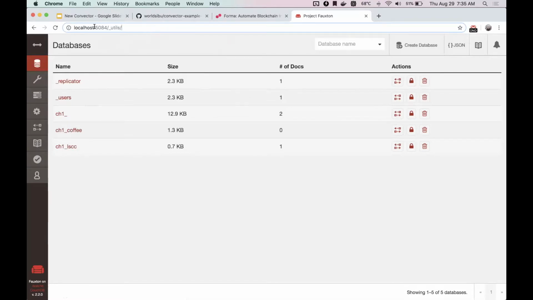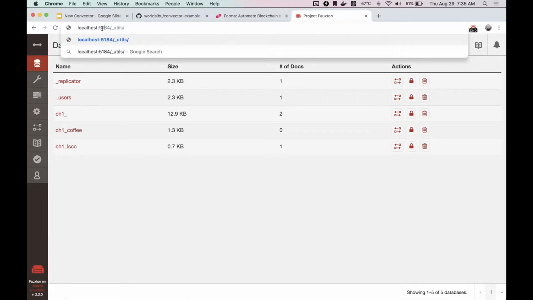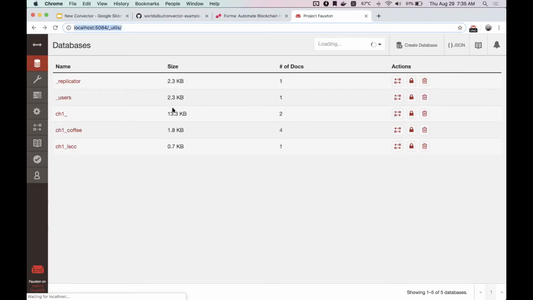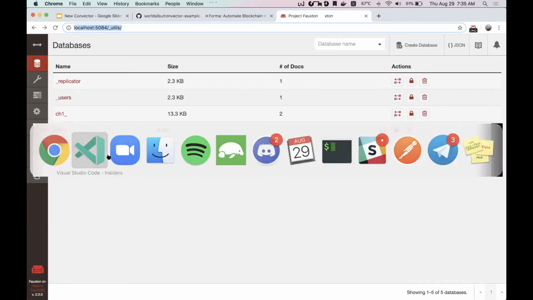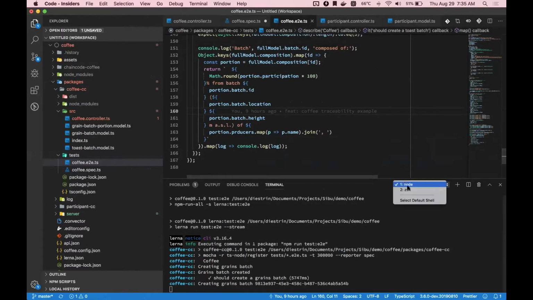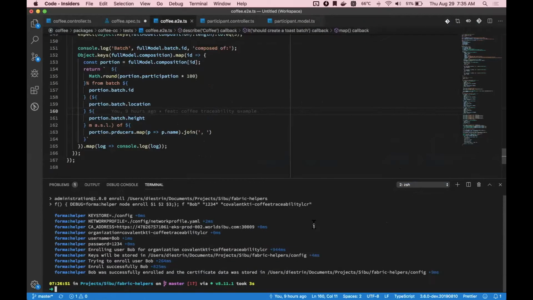So in this case, I'm seeing the information about the first peer. If I go to port 5184, I will be able to see the CouchDB for the second peer. And if I have n peers, I will be able to see all the different CouchDBs from each of those. The other thing that I can do to show you we are running on a real blockchain is